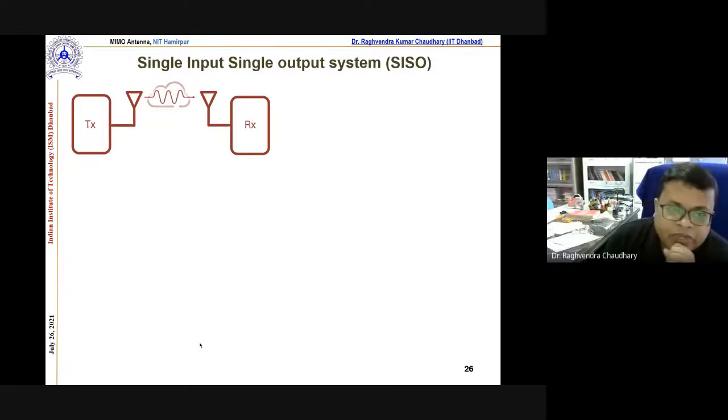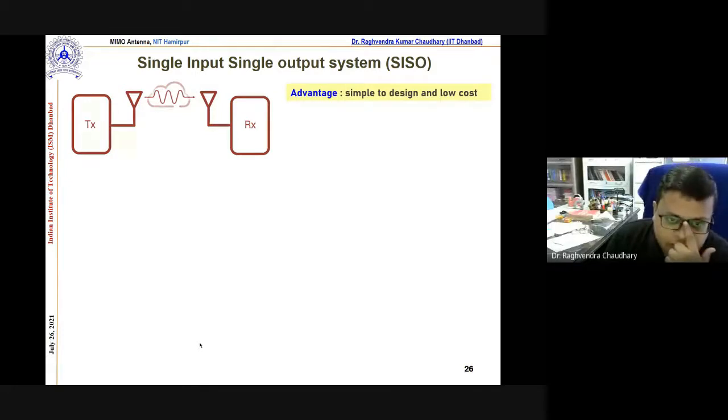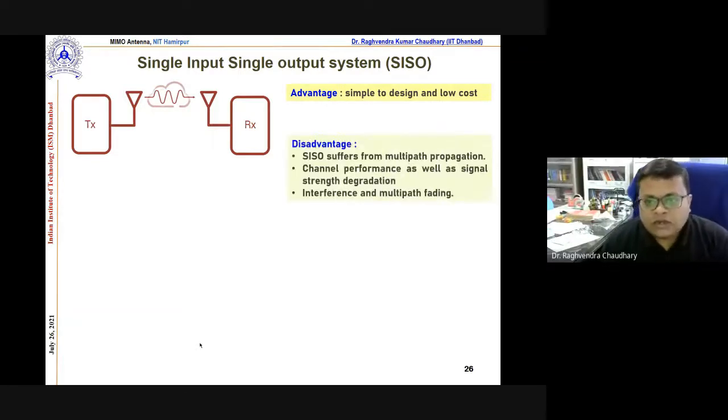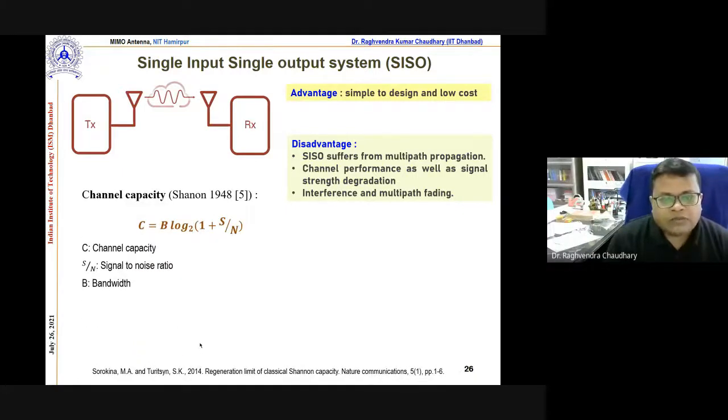Important. First is the single input, single output system. Here you can see we have a transmitter and receiver. The best thing is the simple design, and this is a low cost 2G and 3G system. Now the disadvantages: it suffers multipath propagation, signal strength degradation due to multiple reflections, fading, interference and multipath fading. And the channel capacity is already